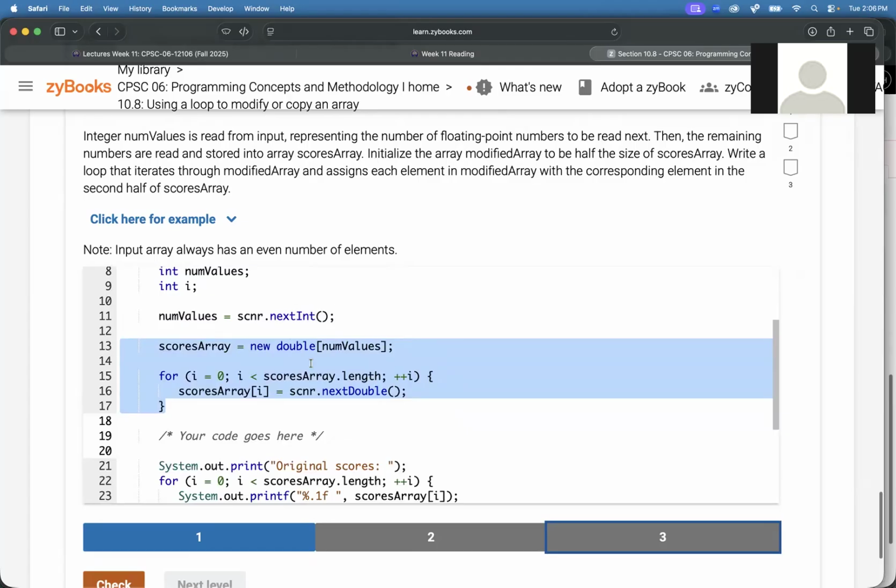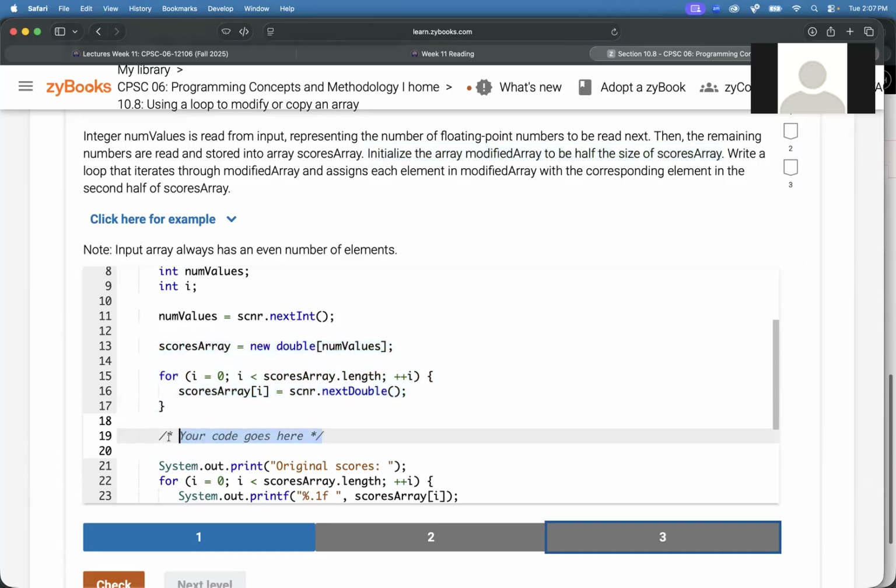Oh, okay. So we have new stuff. Initialize the array modified array to be half the size of scores array. So you have to remember how to initialize an array. Is that like new, when you use new? That's what you're doing. So if it says initialize the array modified array, we're going to be writing